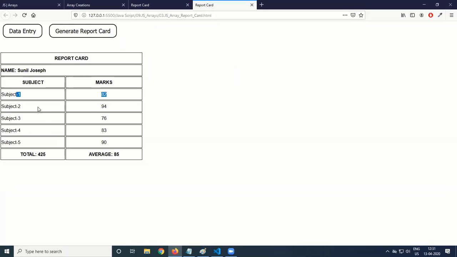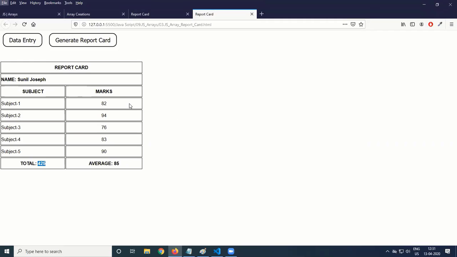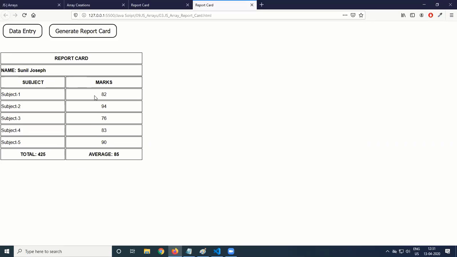Subject 1, 82, subject 2, subject 3, subject 4, subject 5, total 425, average 85. So we are able to generate the report card like this. So practical use of array, we are able to store the subject marks into this. So this is how generating the report card.